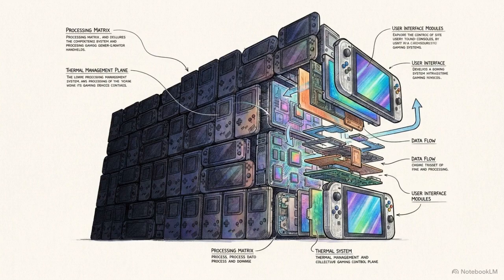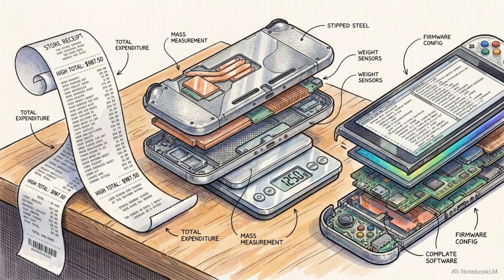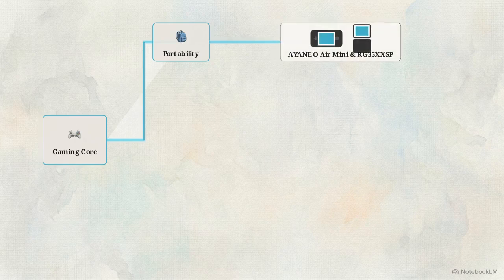The reality of the 2026 market is that there is no single best handheld. There is only the device that matches your specific tolerance for cost, weight, and setup time. This flowchart is a decision tree designed to help you navigate those trade-offs. Following the path for zero setup and maximum portability for 32-bit games leads directly to the Ayaneo Pocket Air Mini,